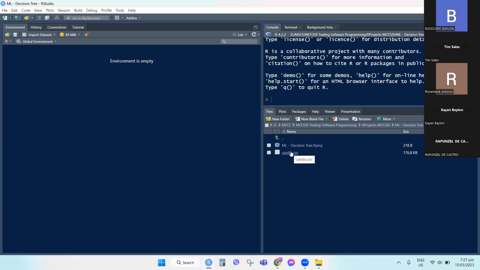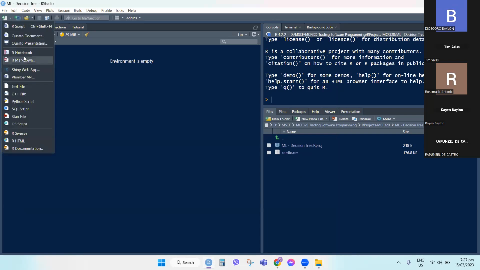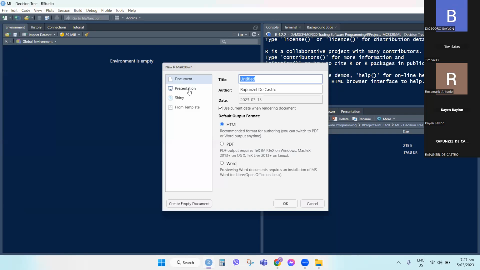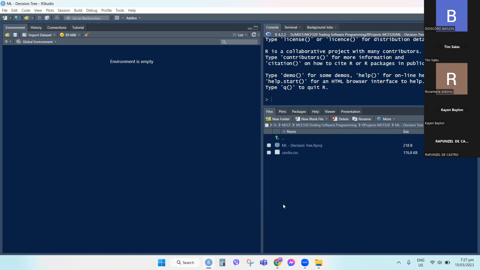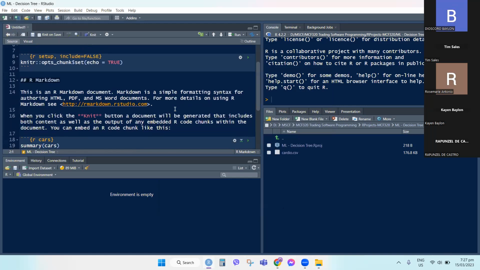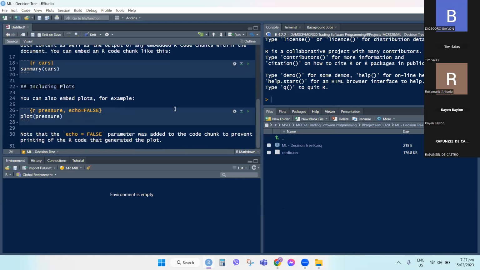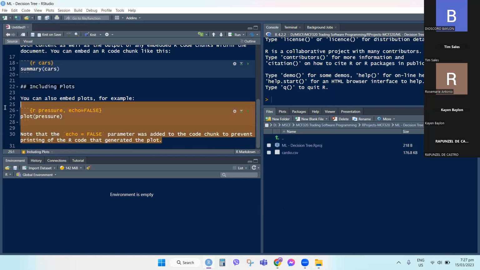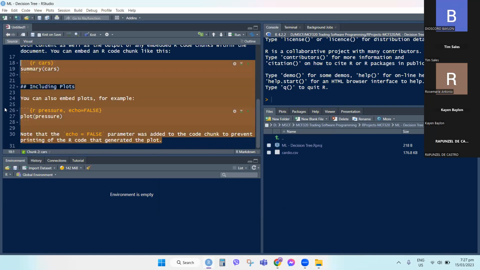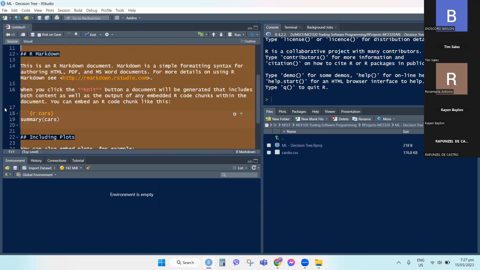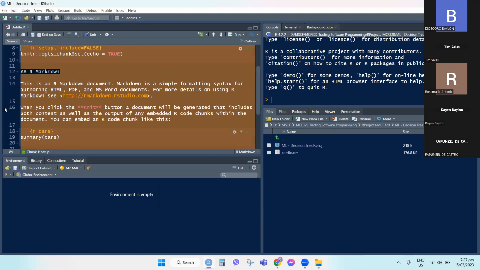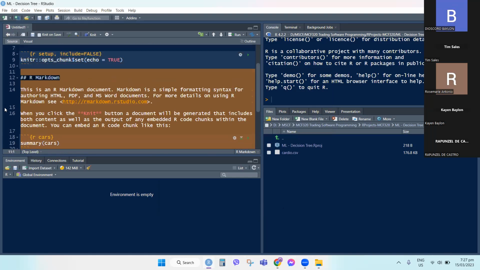Yes. So you can now open ka na ng bagong R Markdown. I title it. It's up to you what title you want to put there. And then this one's for HTML pa rin. Okay lang yan, default naman yan. So pag rendering na yan. Tapos I-erase mo na yung mga dyan, yung R Markdown na yan, hanggang taas. Tanggalin mo na yan.